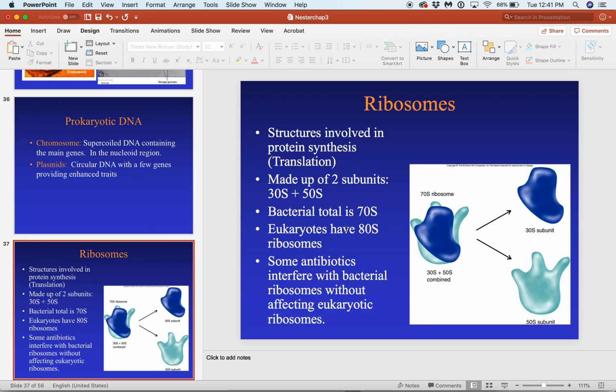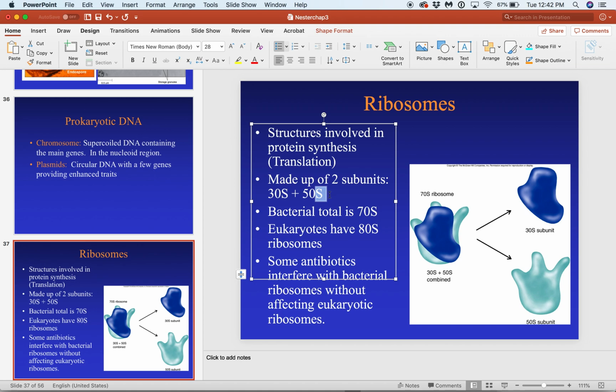All right, the bacterial ribosome is a 70S ribosome, and it is made up of a smaller and a larger ribosomal subunit. In bacteria, the 30S, the smaller ribosomal subunit is size 30. The larger one is size 50. Yes, I know it does not add up. 30 plus 50 is 80, but it doesn't add up like that. That S actually stands for Svedberg, the dude who invented the centrifuge,